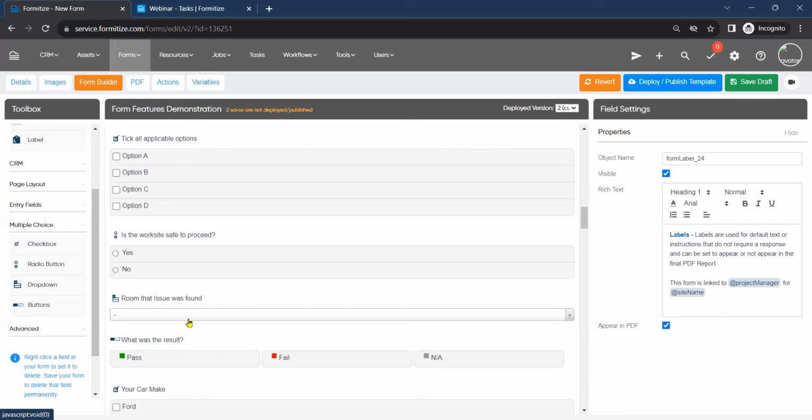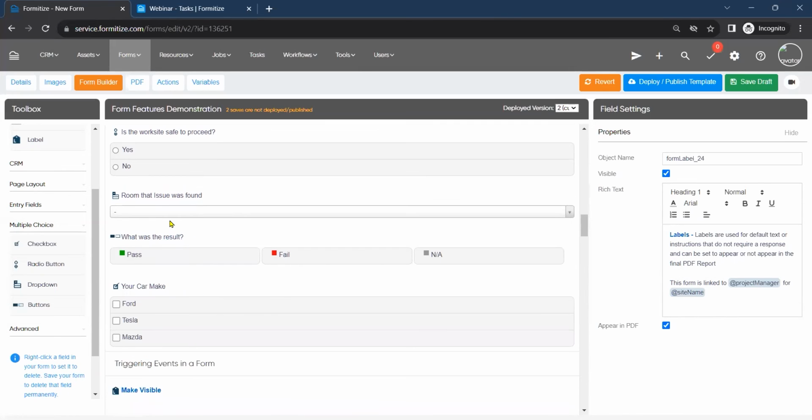So if, for example, I had 20 different options that I wanted to add to my multiple choice field, that's where I would be using my drop-down field to include those items in the form and have them available to be selected. We can also use a button field that will give you the items that can be selected, as well as a corresponding color that can be fully customized within that form content. So this is really useful for the case where you may have an answer that's given that you want to draw the reader's eye to within that final PDF report,